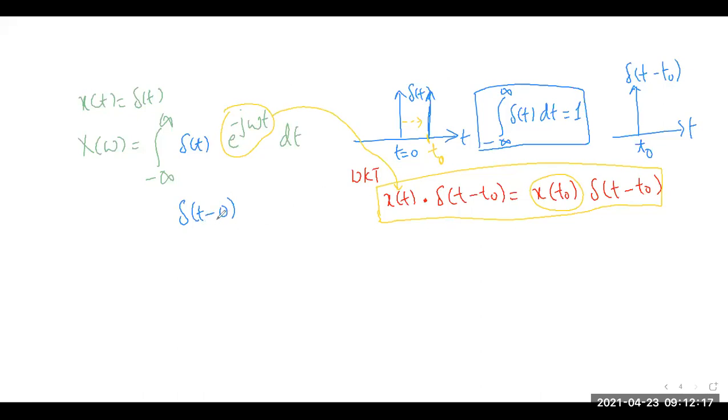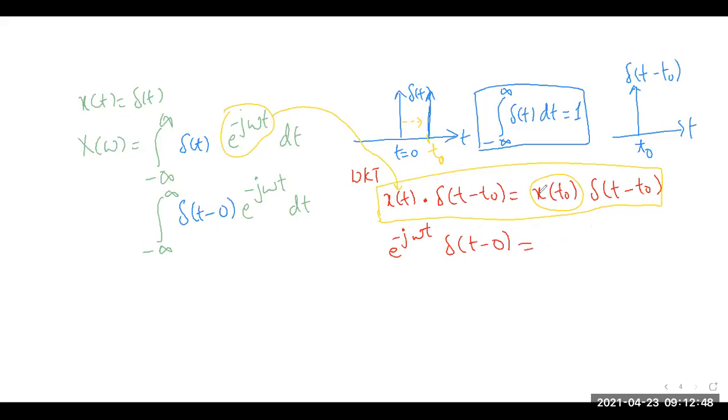Obviously, yes, I can do this because it makes no harm onto my equation. And here, what is x of t? X of t is e to the power j omega t dt. Now, let me rewrite this. So I can map this x of t onto e to the power j omega t. And this is delta t minus t naught. What's the value of t naught right now in our equation? It's equal to 0.